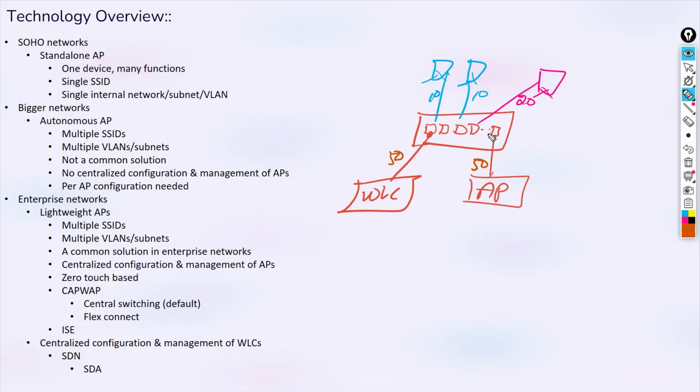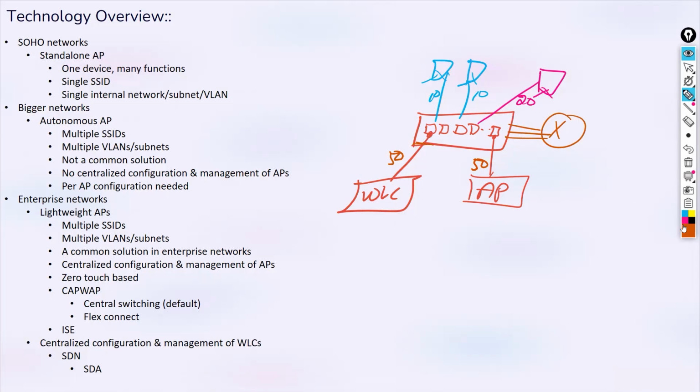This is what? The physical connection. And also to complete the picture, let's say I have some layer 3 device as well. So a layer 3 switch or a router. So simply let's draw a router here. And this has 2, 3 connections here, whatever number of VLANs and subnets you require.